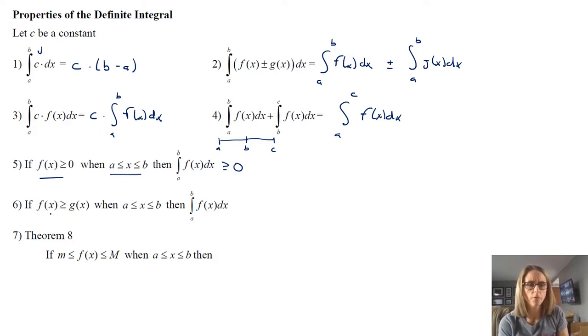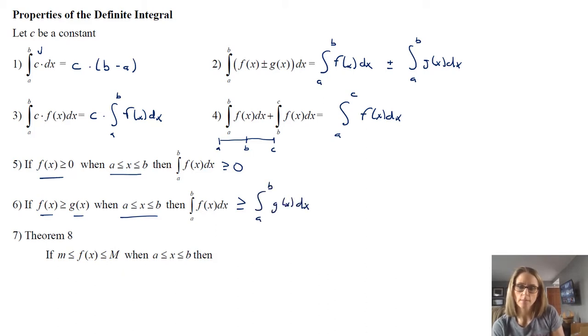And this says that if your function f is always greater than or equal to some other function g on an interval, then the integral is, not surprisingly, always greater than or equal to the integral from a to b of g of x dx. So again, what you're saying is the y values are always higher on f of x than g of x. So of course, if those y values are higher, there's more area there that you're dealing with. And so when you integrate it, you're going to have more area on the f of x than the g of x along the same interval.